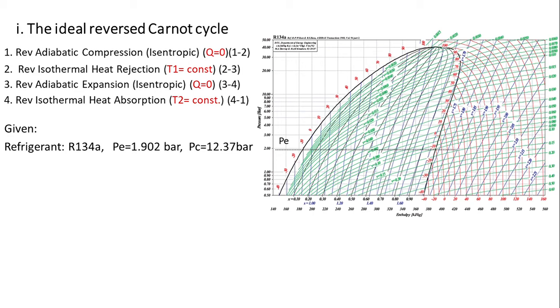Now the next pressure line is the condenser pressure, 12.37. We can consider it above 10, in the range 10 to 20, so you have to take the fifth part of that portion and mark the line. That horizontal line shows the condenser pressure, approximately 12 bar. So these two lines show you the limits of evaporator pressure and condenser pressure. You can draw these lines and there is no problem for that.